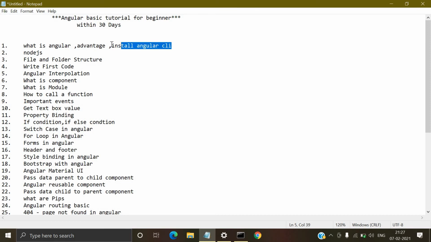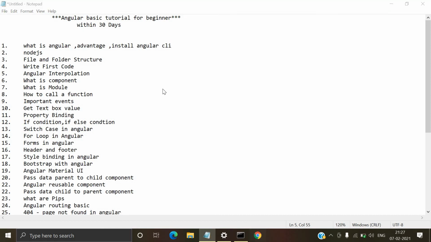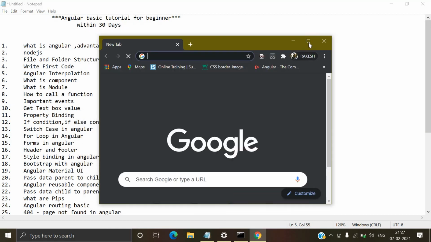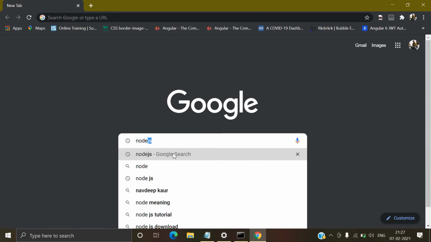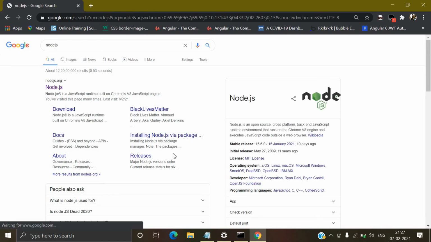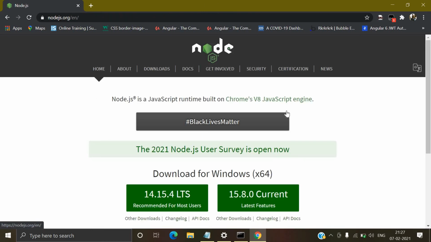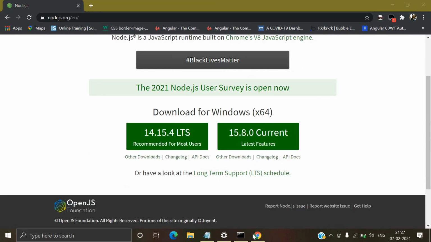First of all, you must have Node.js installed before installing Angular CLI. So let's start with Node.js. Basically Node.js is an open source JavaScript backend side language, an asynchronous language you can say. You can download it from the official website of Node.js, and I have already downloaded Node.js.